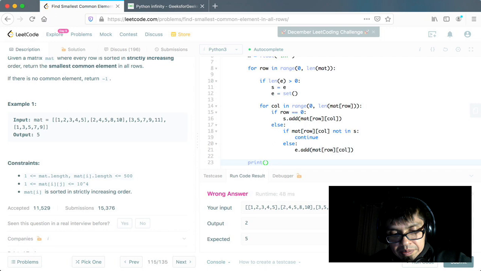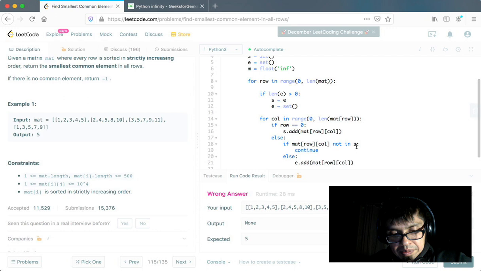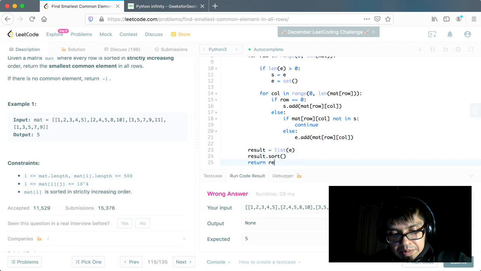Print E. Let's try printing E. And then we do list E, result, sort, and result. So we could say if